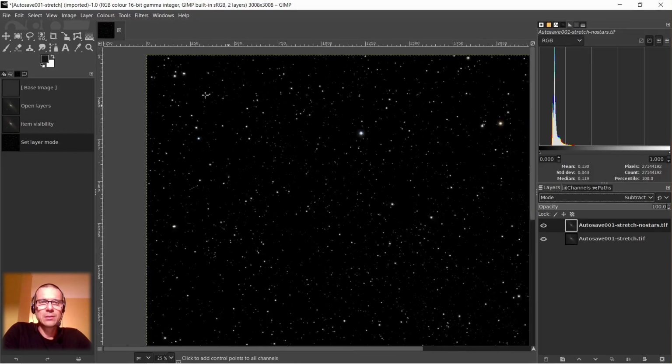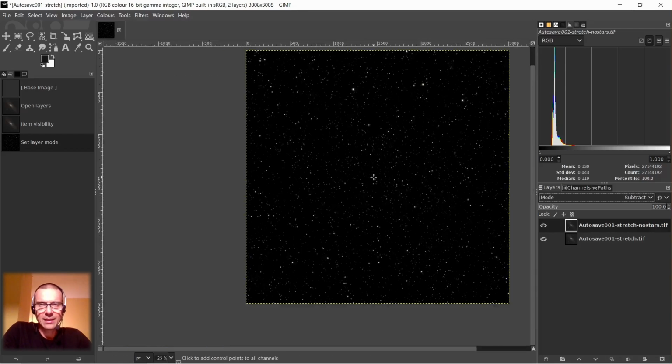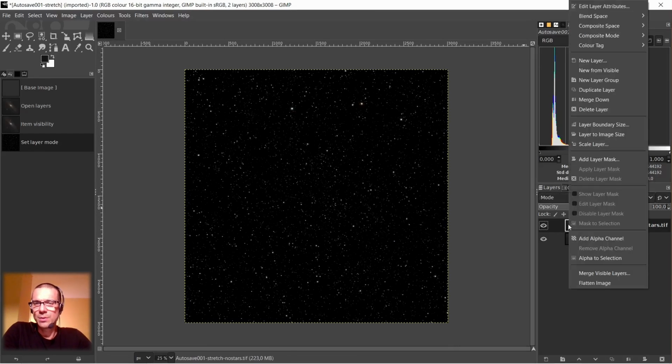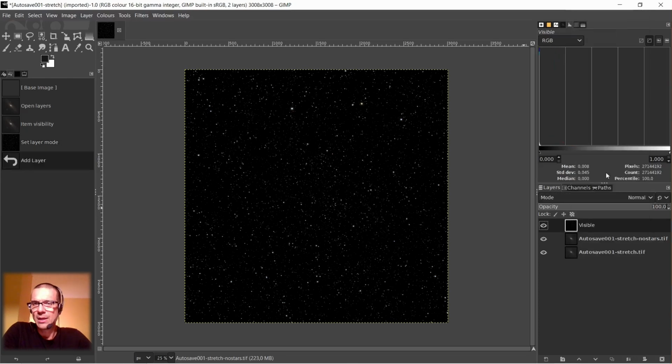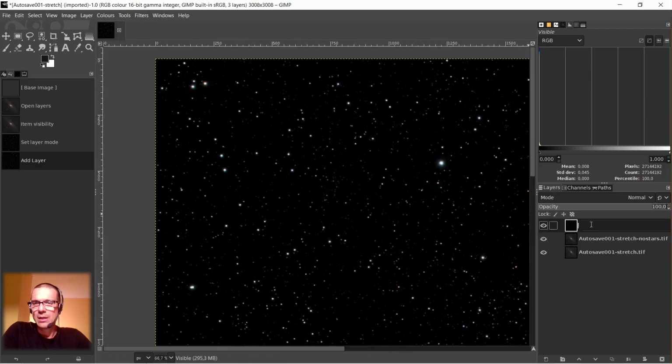And the outcome of the subtract process is shown. To make it a new layer, we need to click the right mouse button and choose New from Visible. And now we have a new layer which contains only stars. I can name it stars